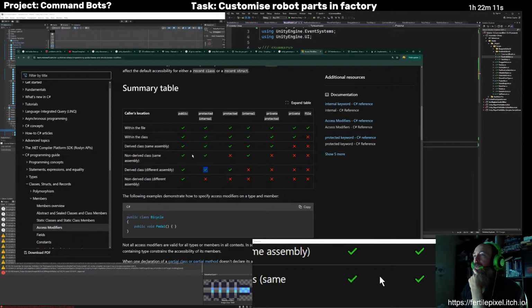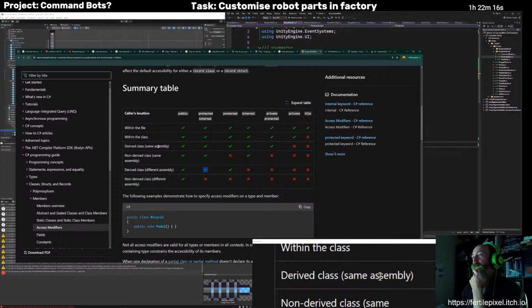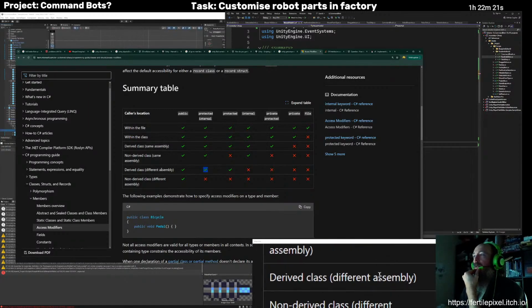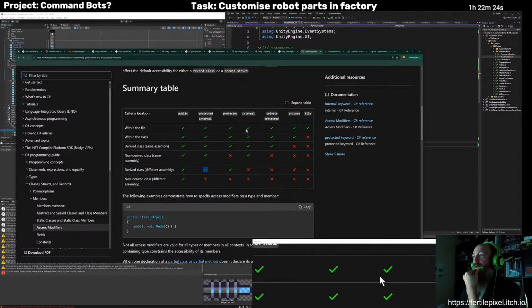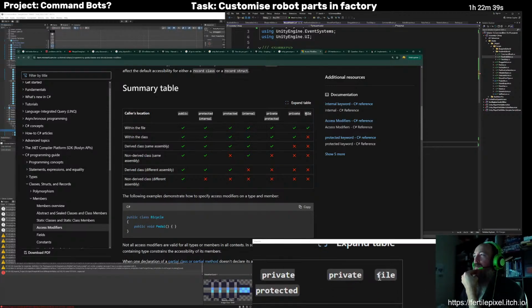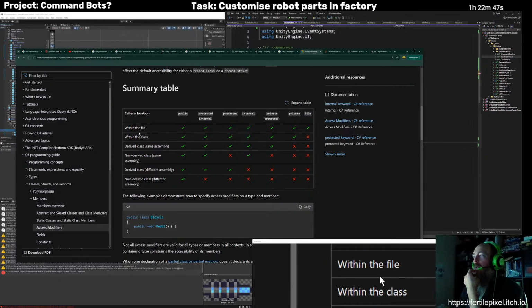Protected is basically, you can access it from within the class and any derived class, so subclasses, whether or not they're in the same assembly. And then internal is basically just same assembly, but not a different assembly. And then you pretty much got file, which is a weird one. It's just within the same file. And then private being within the same class, which could be spread across multiple files.